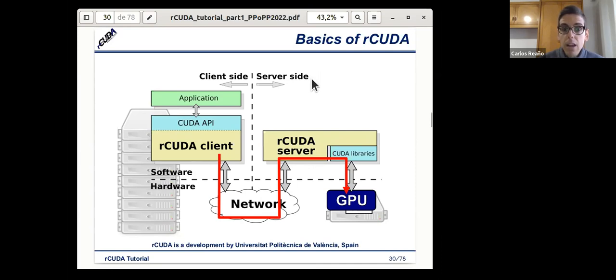In the server side, we have a node which actually has a GPU installed. So in this case, the rCUDA server receives this request and runs it on the physical hardware, on the physical GPU. And then once this operation is executed, it forwards the results back to the client through the network. And then the results are served to the final application, to the original application.